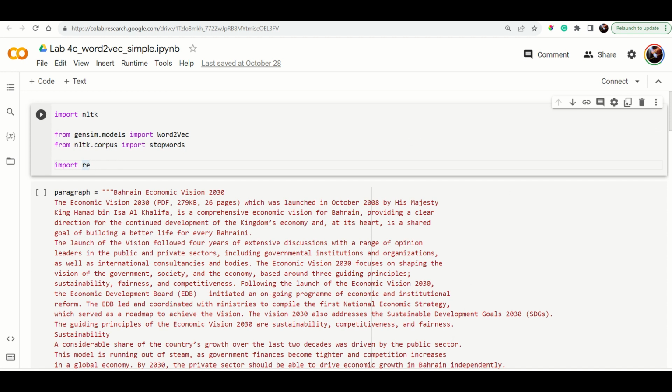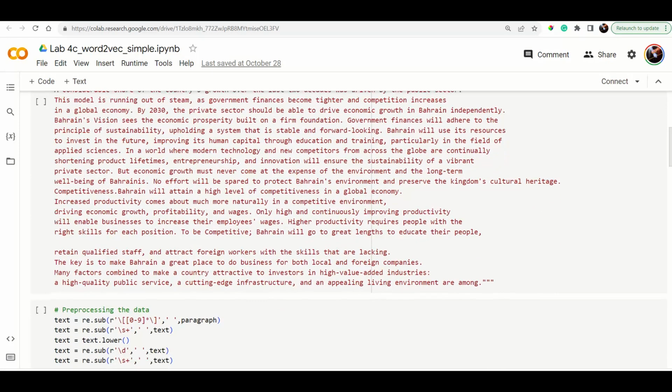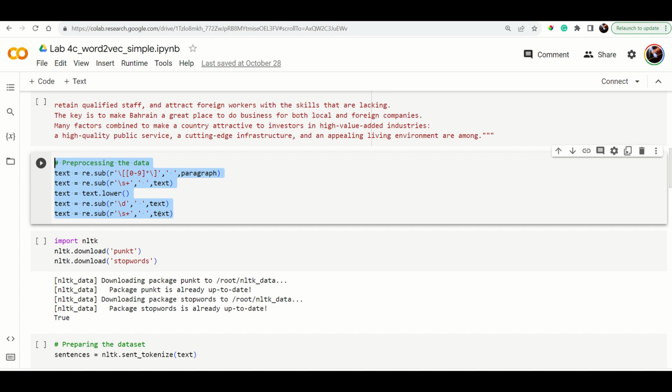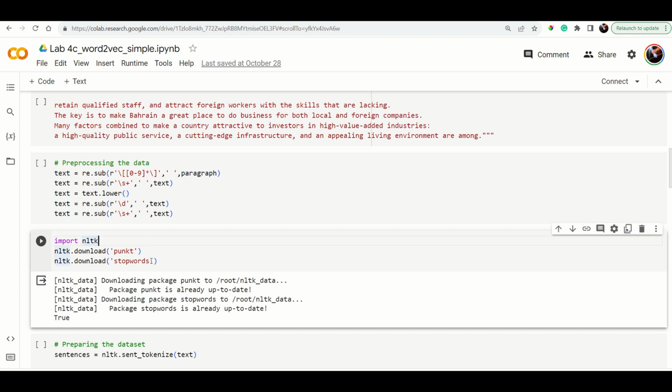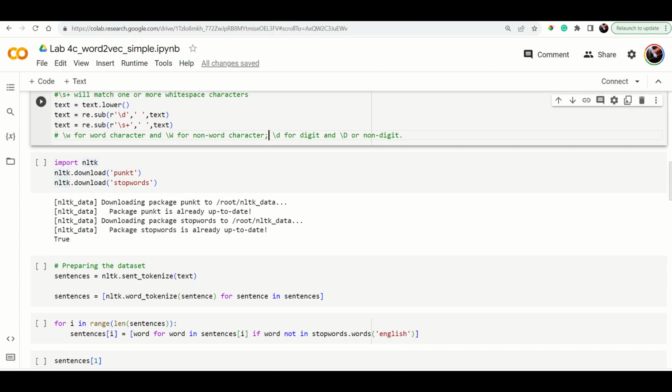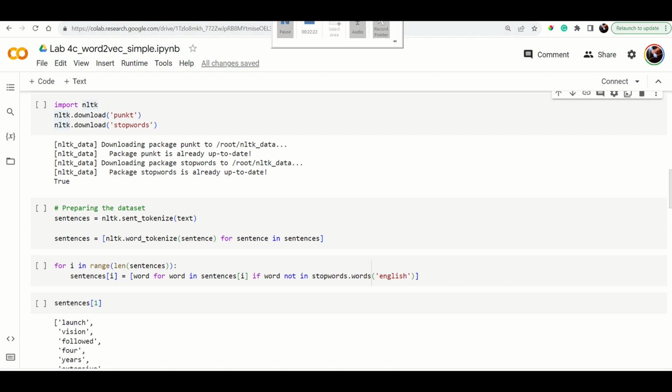In this particular paragraph, this is just about the Bahrain Vision 2030, and the first thing we are doing is pre-processing the data by making it into a paragraph, and we are using regular expressions for doing that. And then you are removing the digits 0 to 9. Here it talks about taking the digits and all those things, and then comes